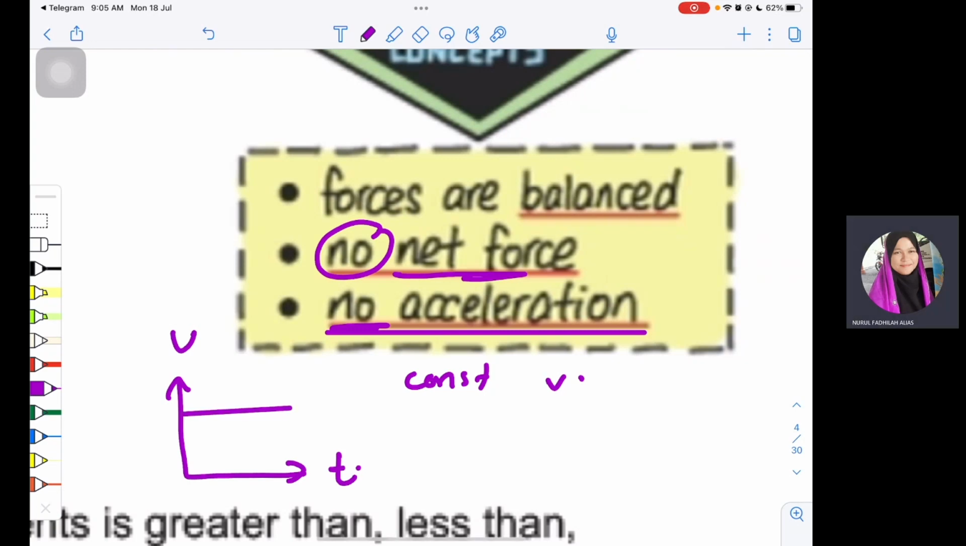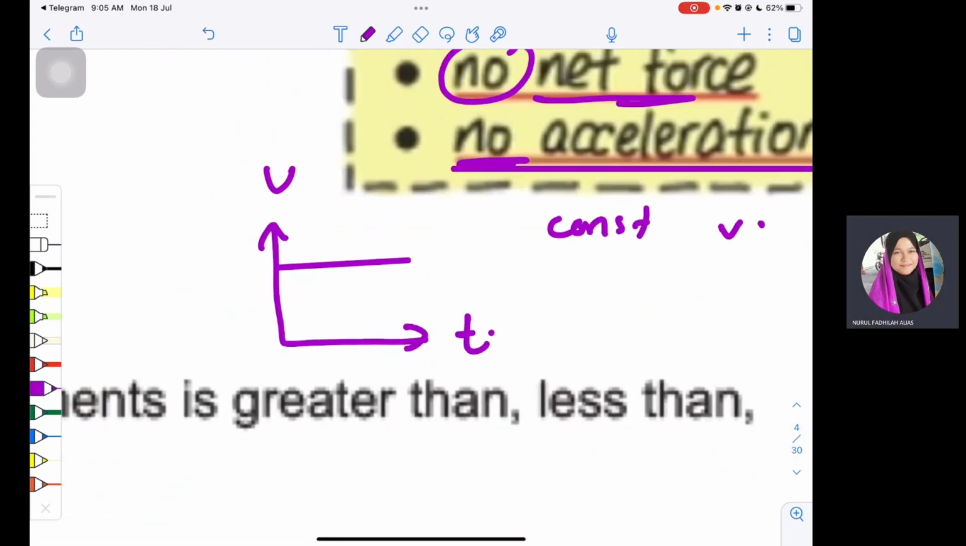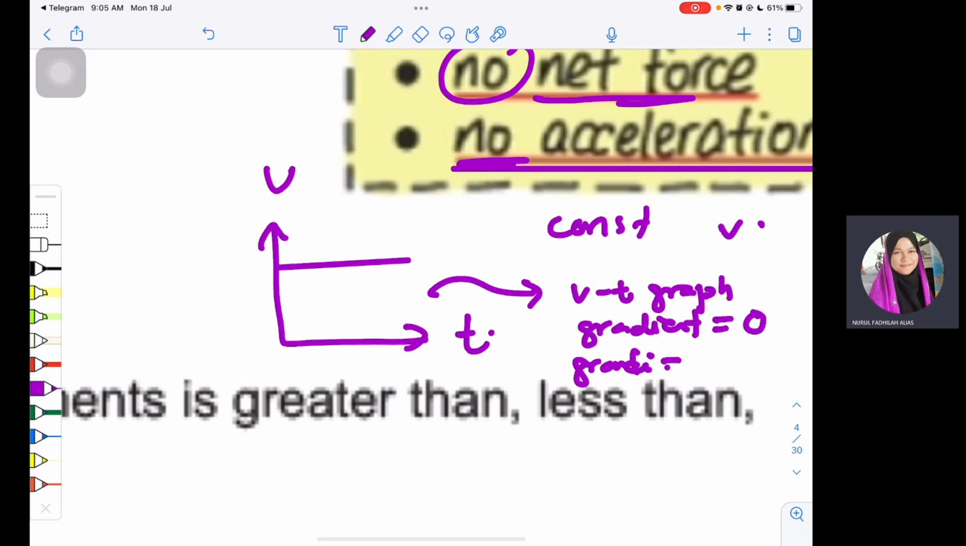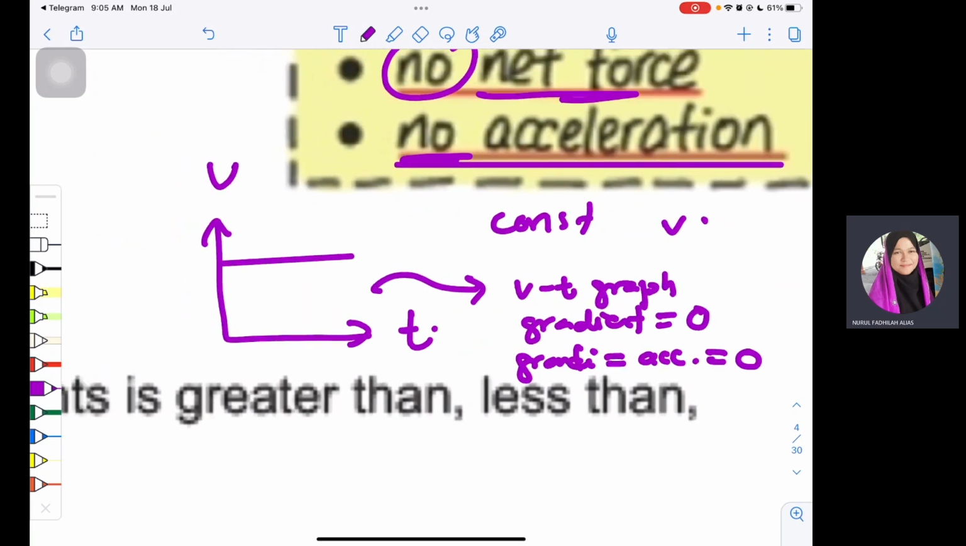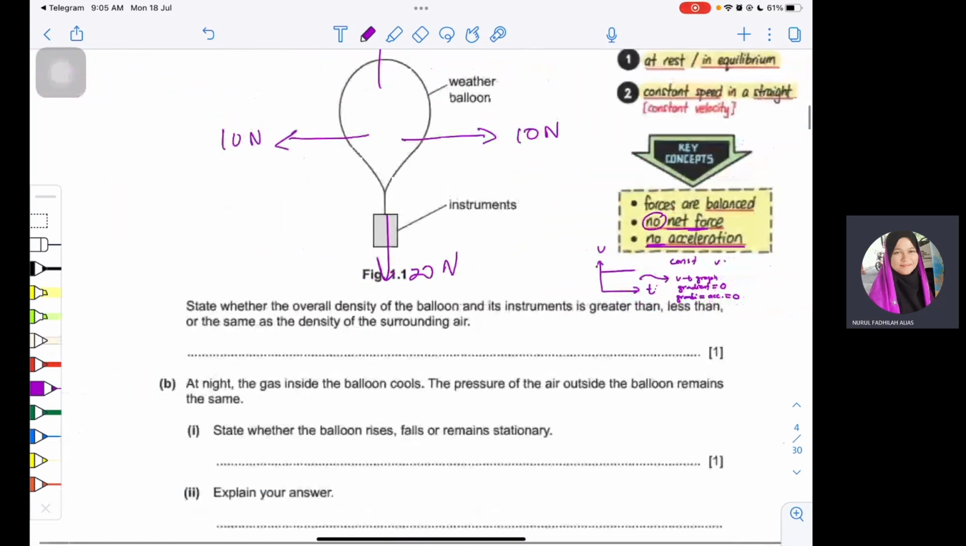So if this is the graph, is there any gradient to the graph? No. So the gradient, if we have VT graph, the gradient of VT graph is 0. So the gradient of VT graph gives us acceleration. So what is the acceleration? Acceleration pun 0. So you see, from only the first topic ni, atau bukan only first topic, baru je intro